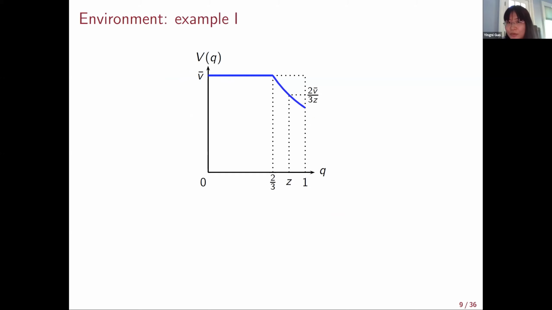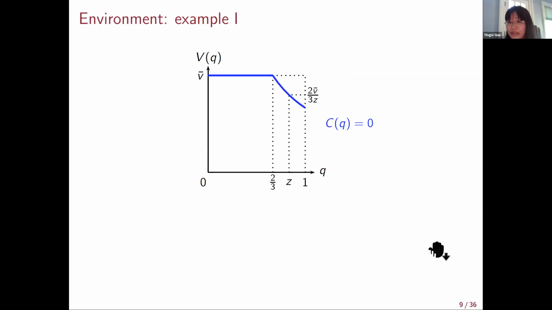So yes, let's go back to the first demand function. This is just an example. In this demand function, the first 2/3 of the consumers have the highest valuation, V upper bar, and starting from 2/3, we have unit elastic demand. So consumer Z's value is (2/3) V bar over Z. In this market, the cost of production is 0. So in terms of socially optimal production, the firm should produce 1 unit of good, but the firm finds it optimal to just produce 2/3 and to set the price at V upper bar.